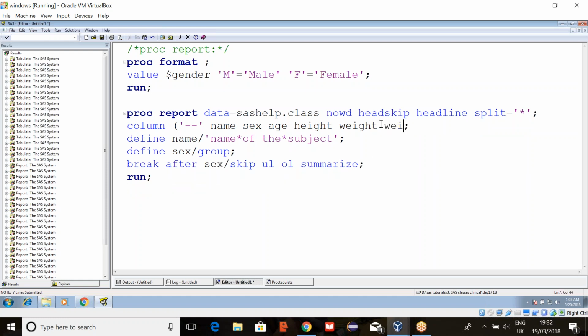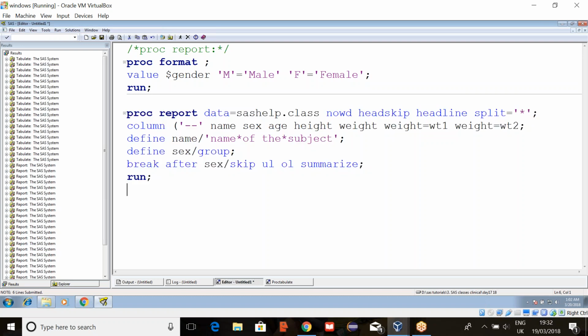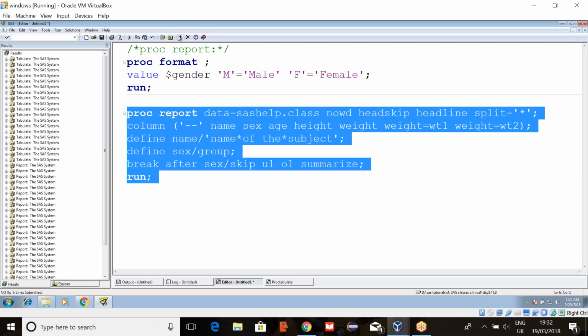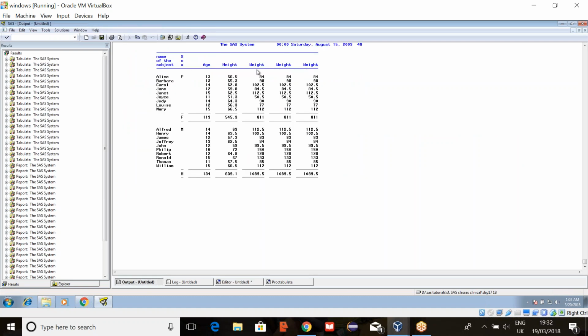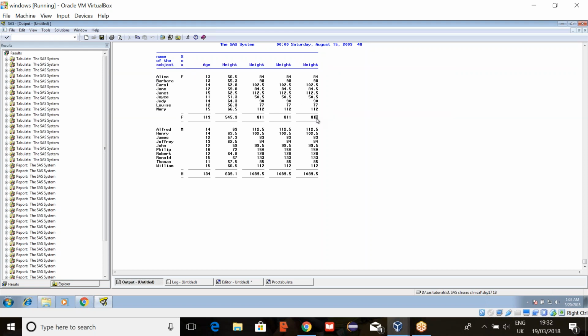Okay, I'll write weight equals to weight 1, weight equals to weight 2. So I'm just creating two more new variables and copying the same values. So here weight 1 and weight 2, three are there. For this, here it is giving you sum, and for this second variable I want to generate the mean, and here I want to check the maximum value, some statistics.